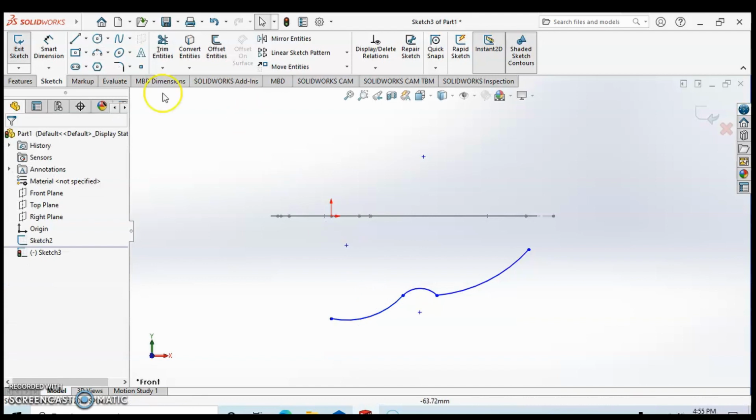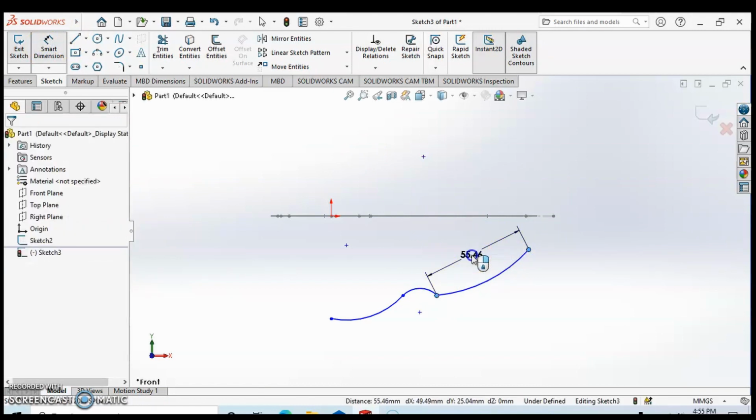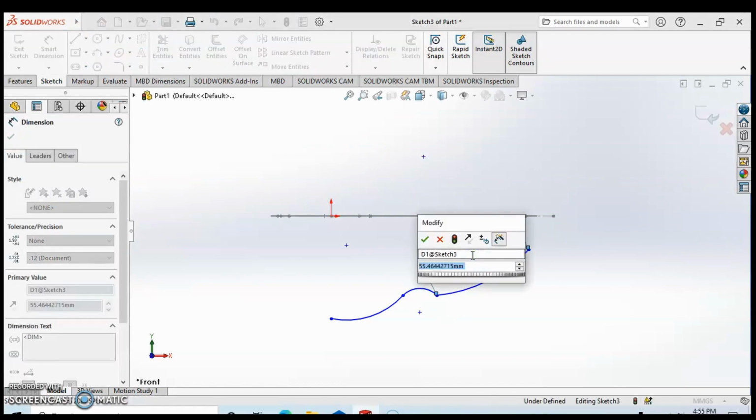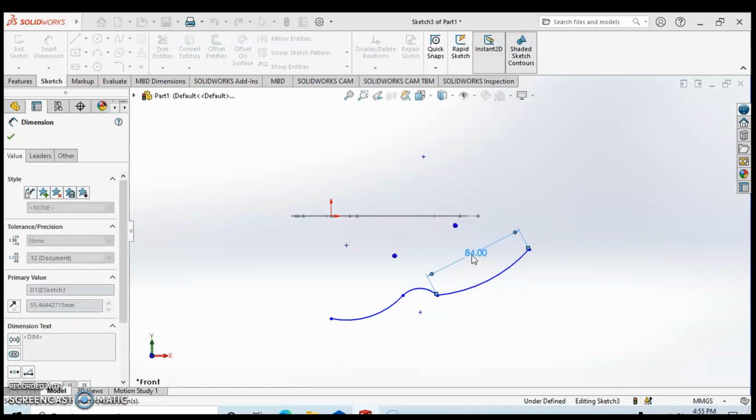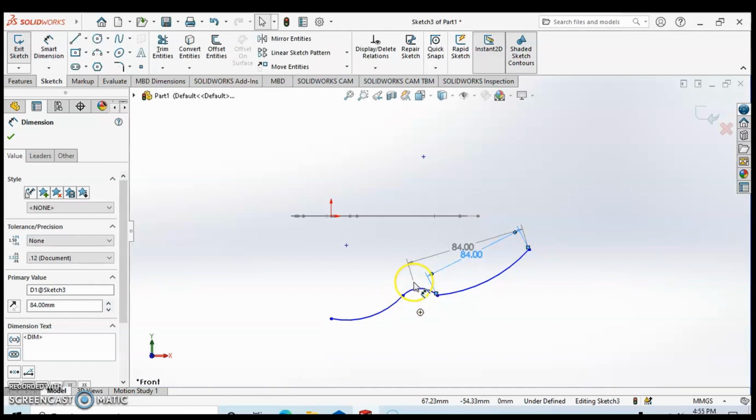So after that we're going to put the dimension. So the length of this arc is 84 millimeter, enter, and then after that this line, escape,